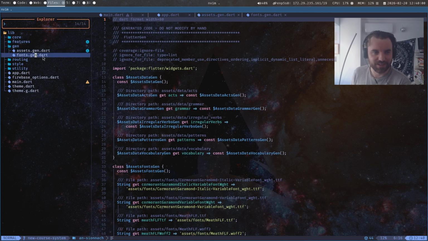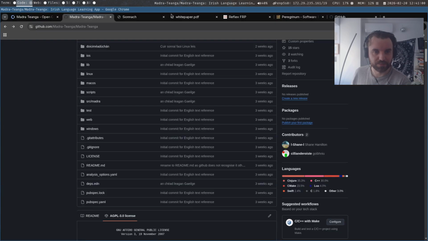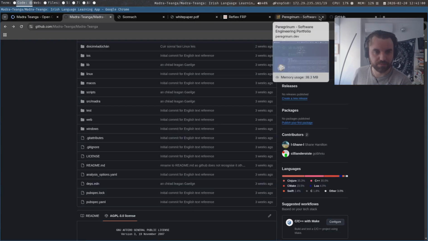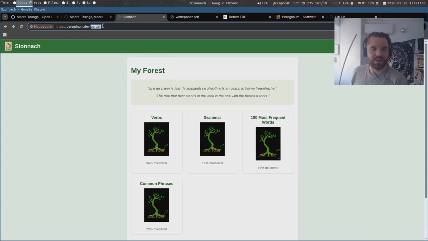Interestingly, this Mead FLF is a font I used in this prototype. I'm from County Mead. I quite liked it, and no, it isn't this one. I think it's in the website, and I used it.